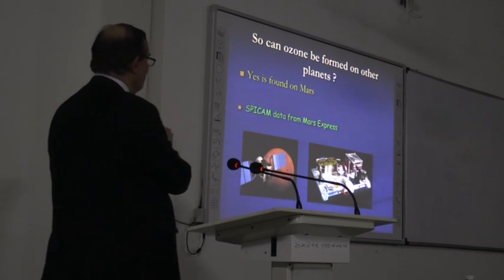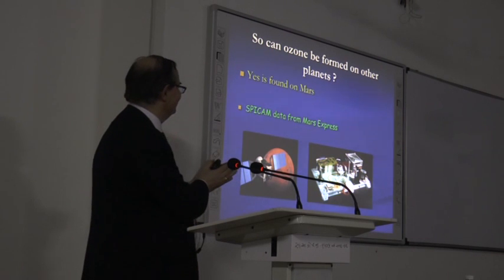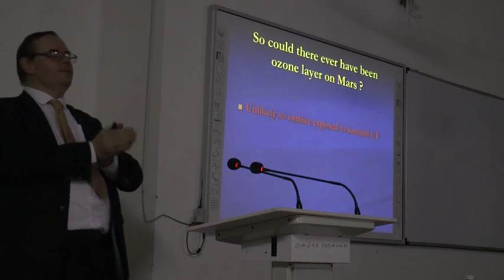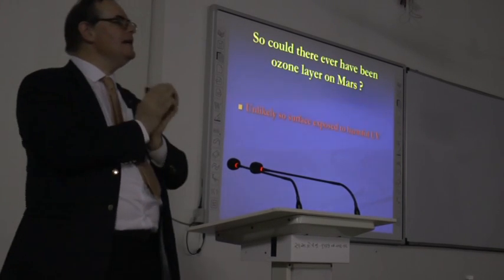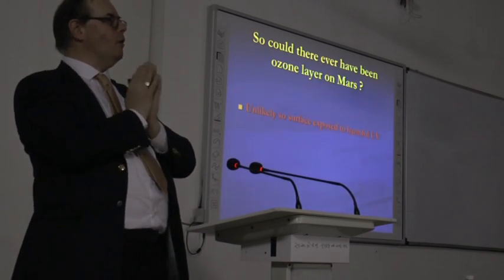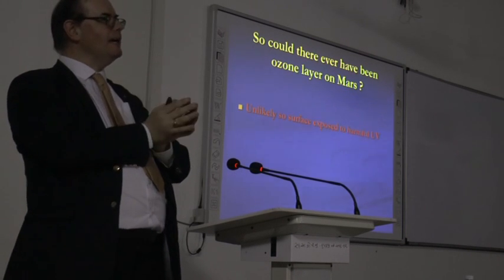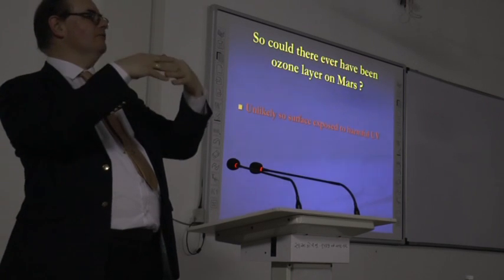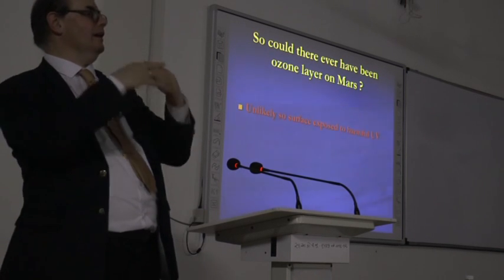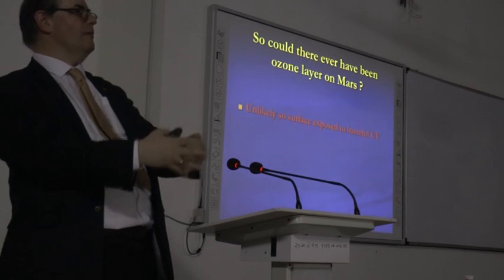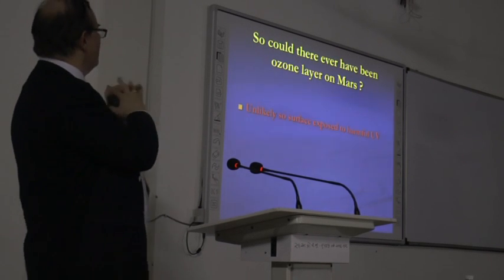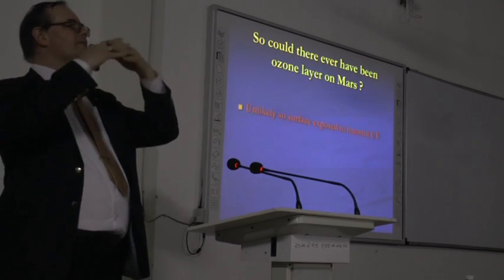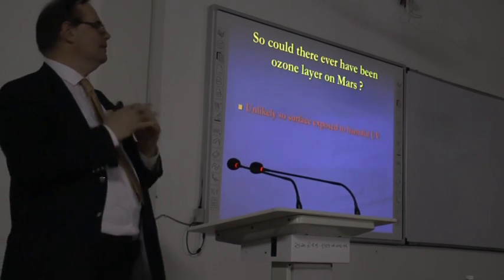We found some on Mars. But there shouldn't be, because the ozone layer that you need to build up on Mars has to be quite big, and it's never going to have got big enough to protect the surface. That's what ozone does, it filters out the ultraviolet light to stop the ultraviolet light getting through to the surface and killing the plants by damaging your DNA. So, we saw it on Mars, we don't think there was ever enough to shield the surface. That's why we believe that life on Mars had to be subterranean.